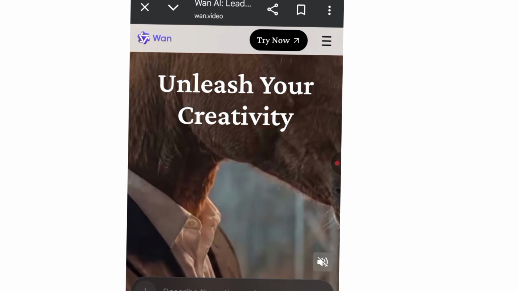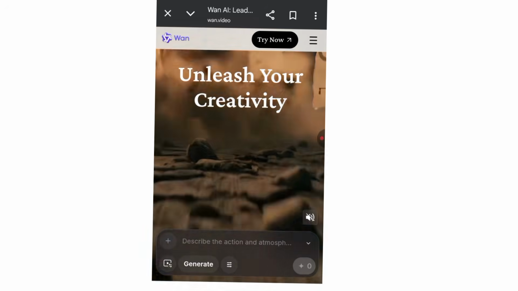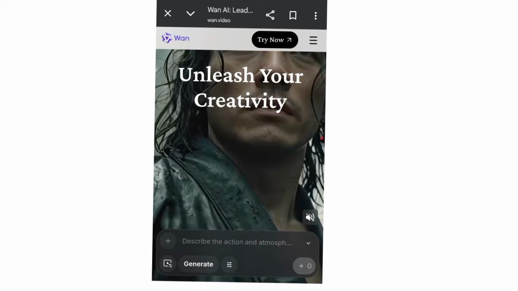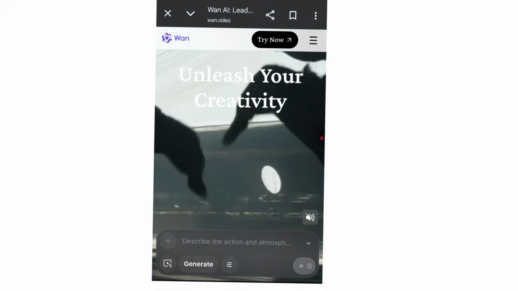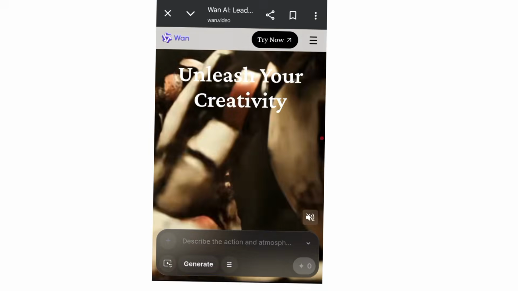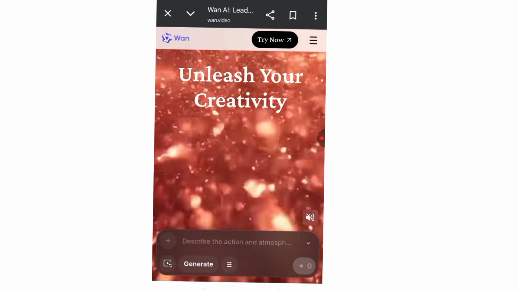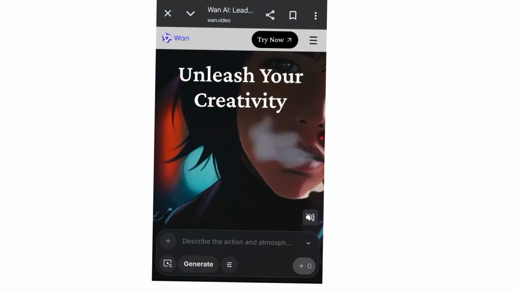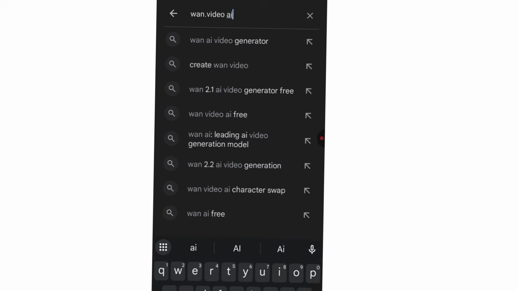So this is it. You can use One.video to generate images. You can get free credit here as well. You can also use a 10-minute mail to get free credit so that you don't run out of credit. You can create videos, you can create images, you can animate your images for free on One.video.